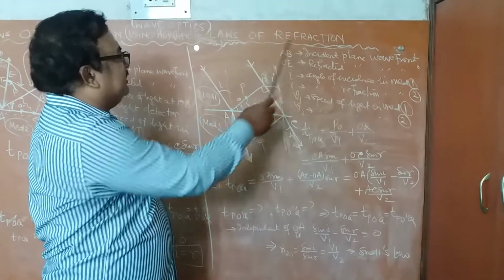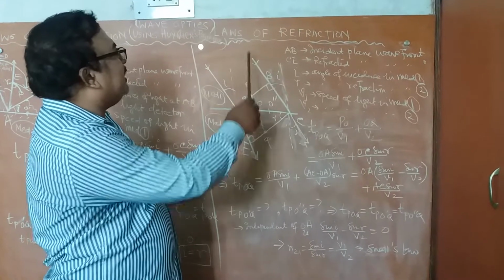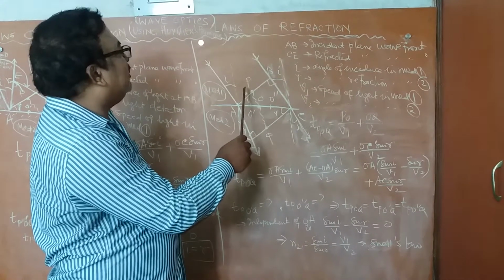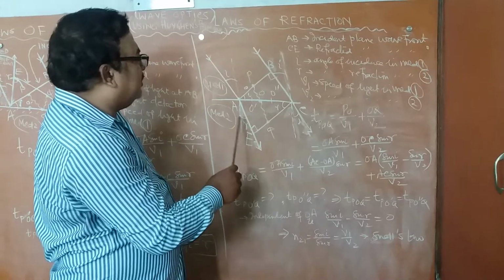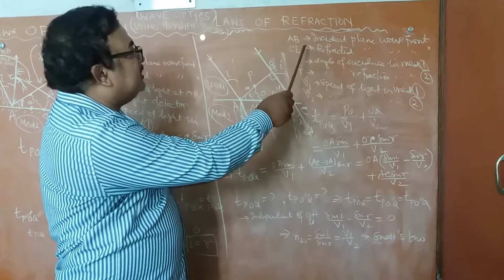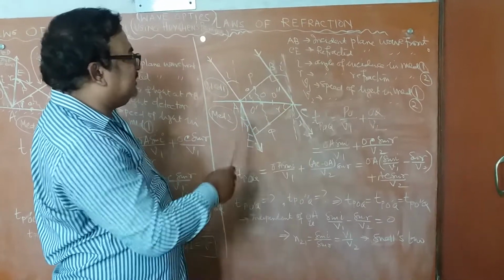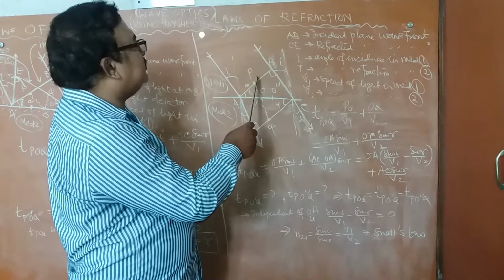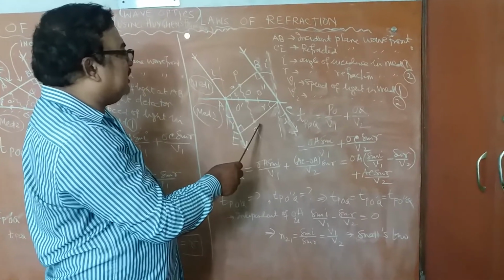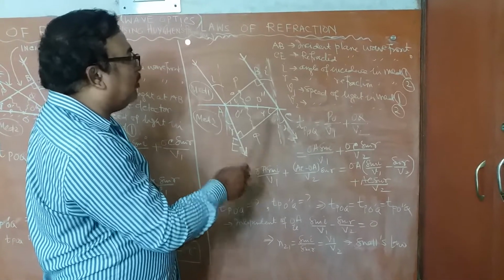Similarly, laws of refraction. Here, there are two media, medium 1 and medium 2. In medium 1 we have parallel incident ray, I is the angle of incidence, and in medium 2 we have the refracted ray, where R is the angle of refraction. AB is the incident plane wavefront, and C is the refracted plane wavefront, same way corresponding. Now P is a light source in the incident wavefront, Q is a light detector. So the wave is moving from P to Q via O.